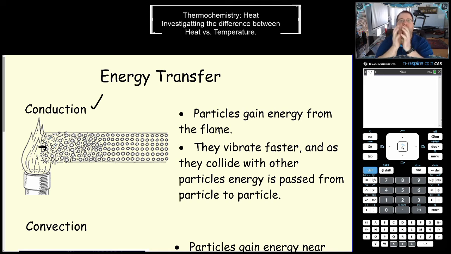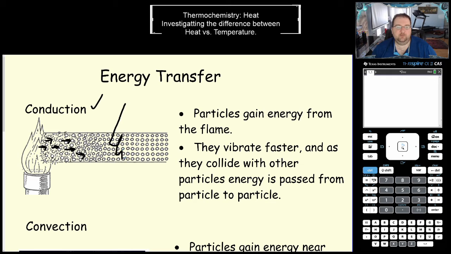They're going to start getting really excited. Before, they might have been vibrating like this, and after you applied heat to them, they're going to start moving quicker until they're just vibrating out of control. And when they're vibrating out of control, they're going to start bouncing into the atoms next to them. And when atoms collide like that, energy gets transferred from one atom to the next. And so you can see the chain reaction here. As atoms collide with one another, the heat is going to be transferred down the rod,